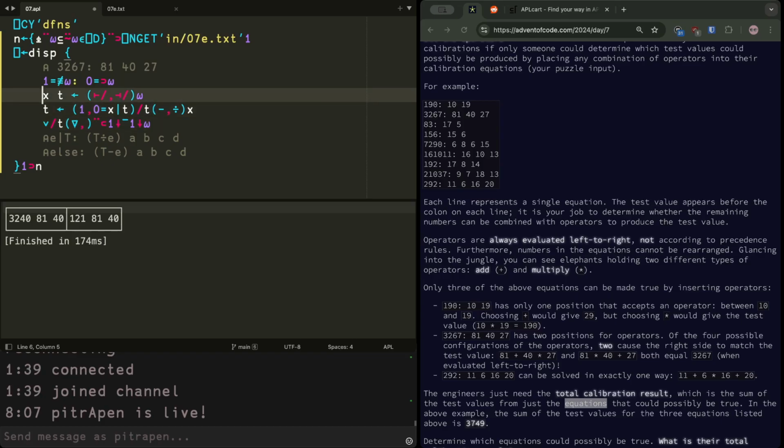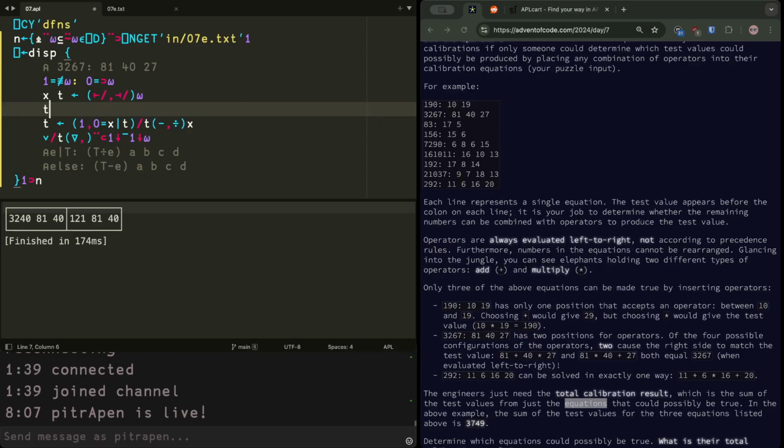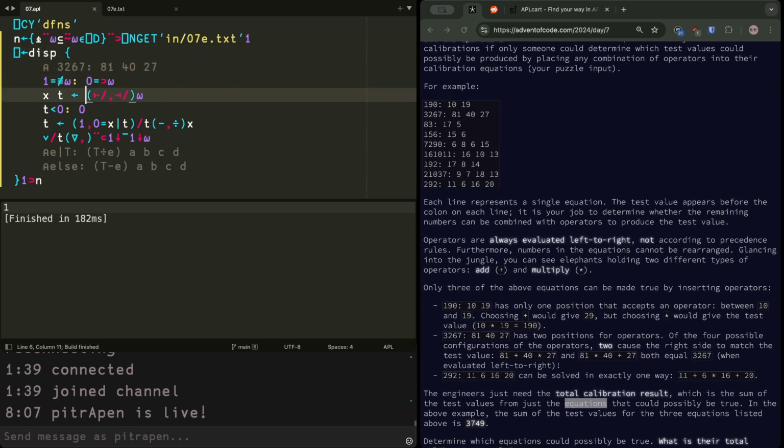Here's another test. If t is less than 0, then we're done. 0, that's 0, just don't even try it. So that's a 1. That's an interesting optimization. If we got negative, we've been subtracting so much, it's negative, just done. Okay, so